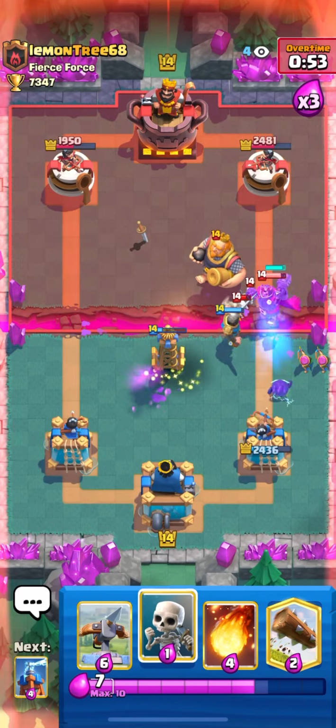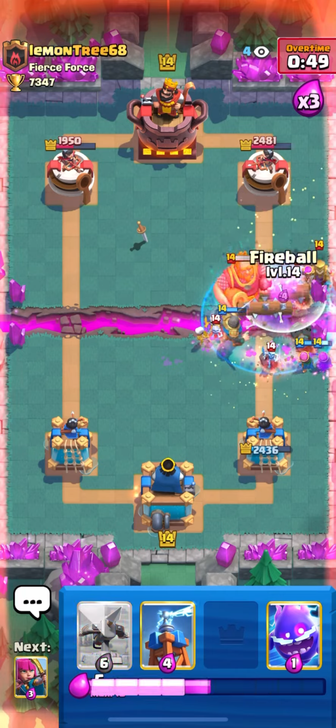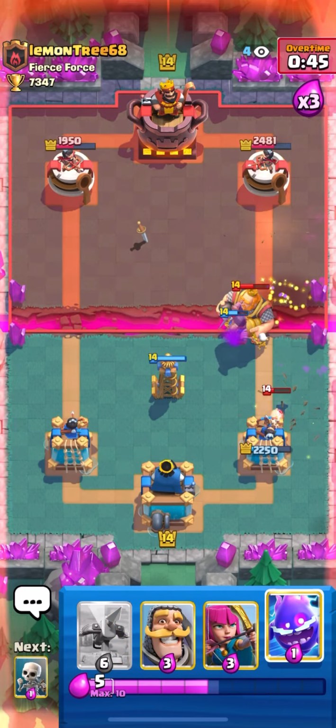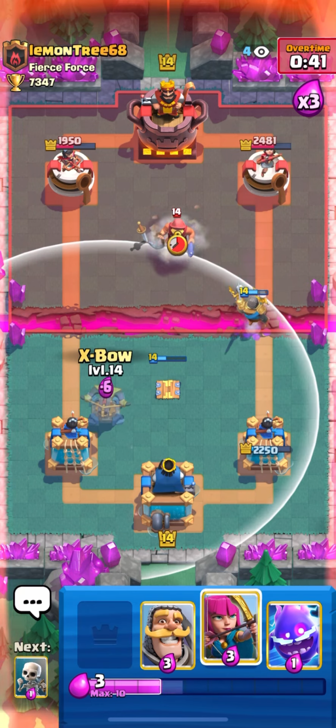I'm going to protect my Archers here with the Knight. He hits the Skelly King ability. I'm just going to log. He goes with the Mother Witch. That Mother Witch locks on the Archers, which sucks. So I'm not the fireball. He does get a pig, but luckily my Tesla locks onto it. He's back to an RG, but my Tesla is still alive,